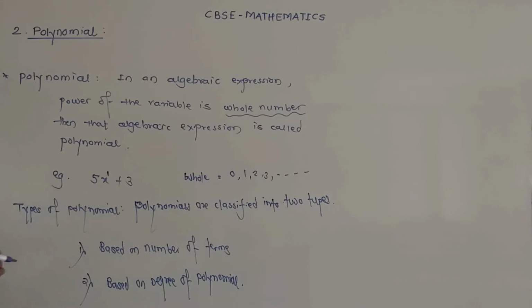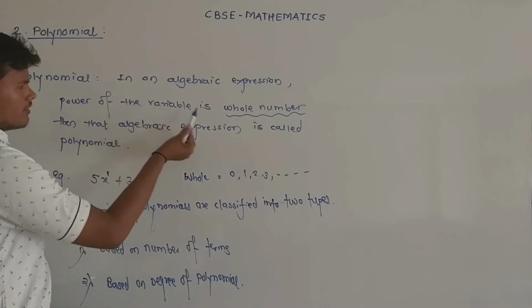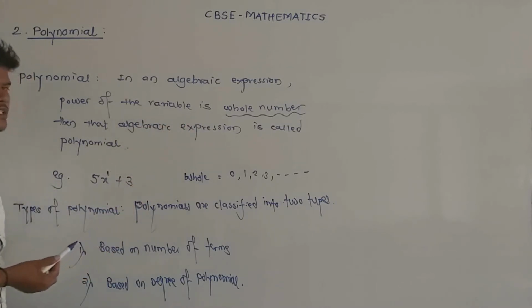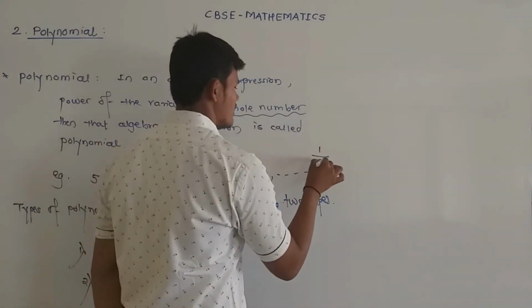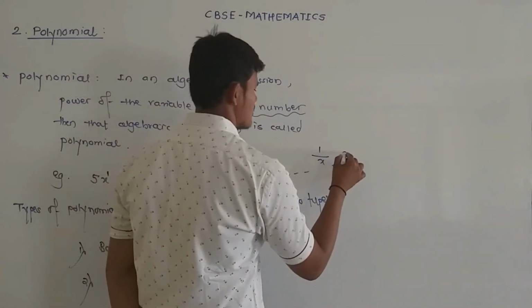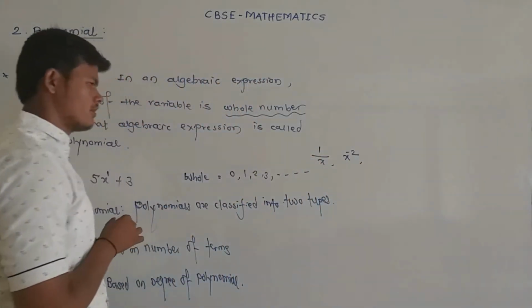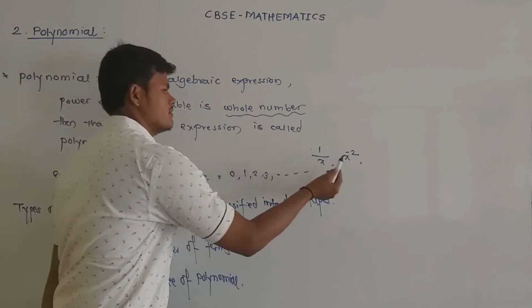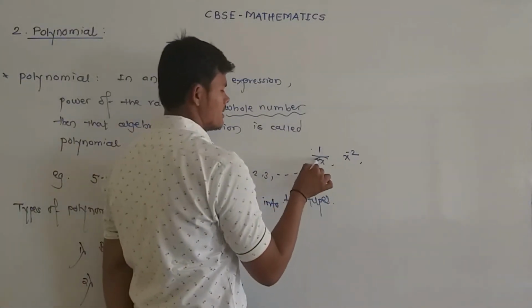Before that, we have seen some examples for polynomials. So a polynomial is nothing but if the power of every variable is a whole number, then it is a polynomial. So then tell me, 1 upon x and x raised to minus 2, are they polynomials or not? So here 1 upon x and x raised to minus 2 are not polynomials because here the variable x is present at the denominator,